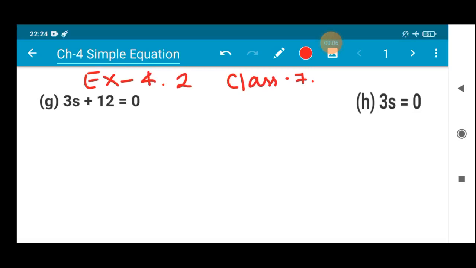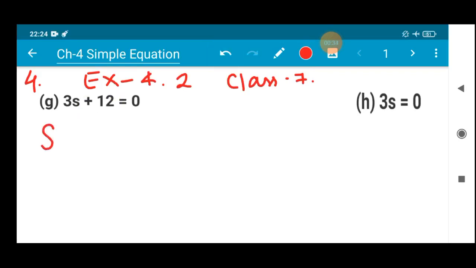So in today's session we will be continuing with exercise 4.2 question number 4. You all know that in our last class we have done a little half, we have touched half of the portion. So we will be doing part number G of question number 4. The question is you have to solve it using the steps which we were using in the previous sum, right? Here you can see it is a plus 12 sign.